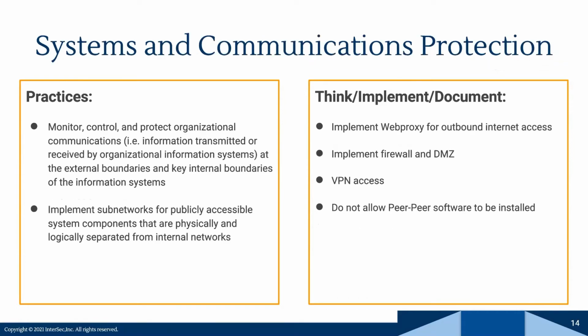Finally, we're going to be into systems and communications protection. This is going to be about monitoring, controlling, and protecting organizational communications at the external boundaries and key internal boundaries of the information system. This also means implementing subnetworks for publicly accessible system components that are physically and logically separated from internal networks. Now, this sounds a bit wordy and it does sound a bit confusing, but again, let me